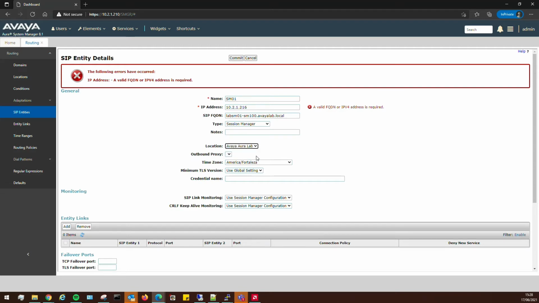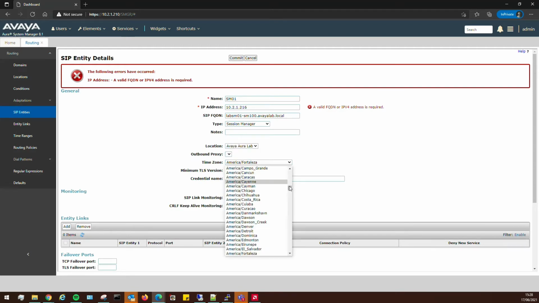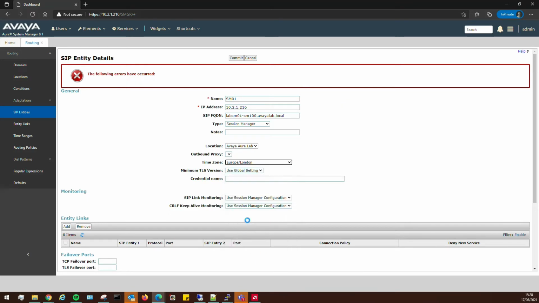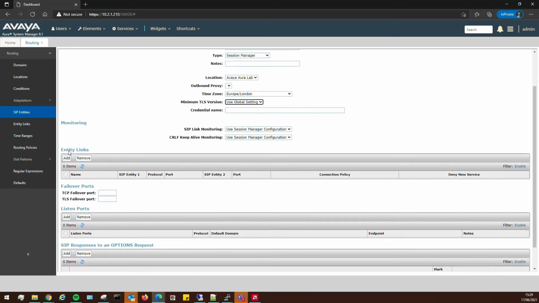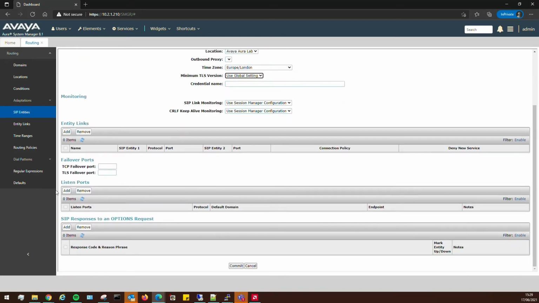Location, we'll set it to the one we just created a moment ago, and then obviously the time zone we'll set accordingly. And these can be left as default. I mean, these are global settings. You can either modify them from here, or you can leave them as global settings. And then what we're going to do in here is,